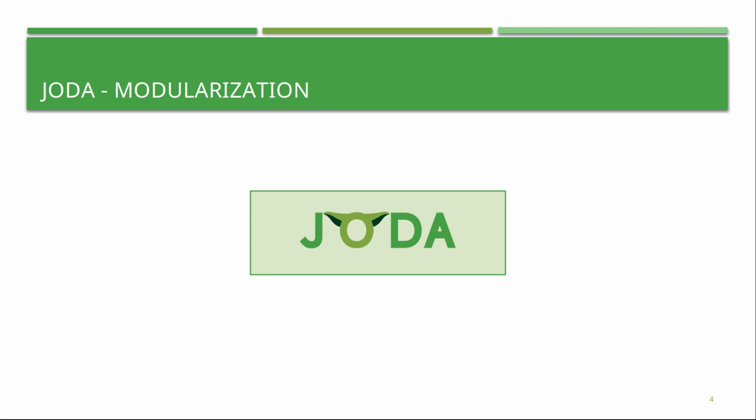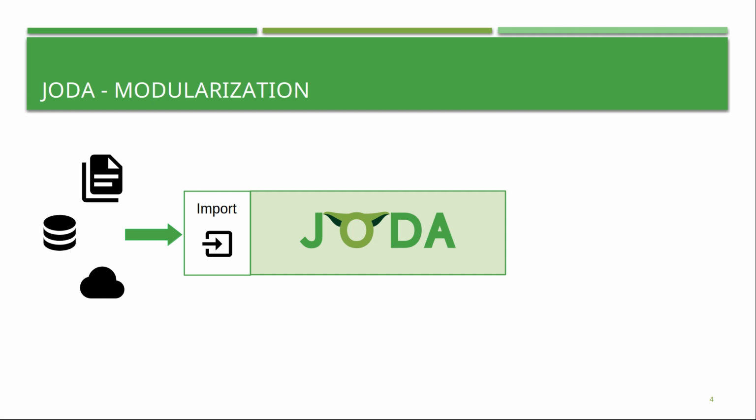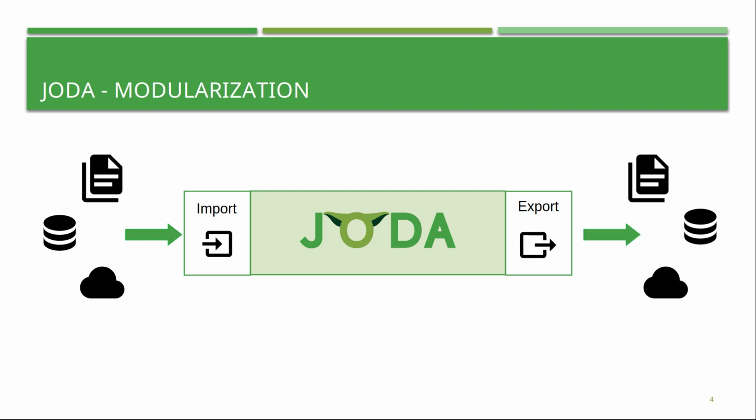Users can now add user-defined modules and functions to the system, which can then be used in the data processing pipeline. These modules can be used to add new import capabilities, such as reading data from a specific file format, different system or API. Similarly, users can also add new export capabilities,